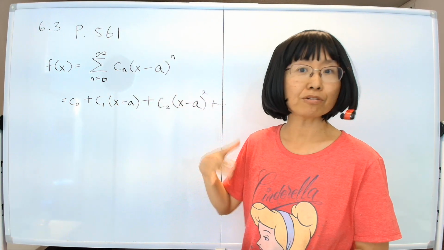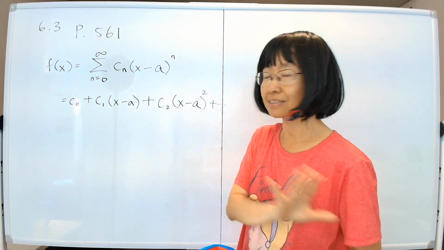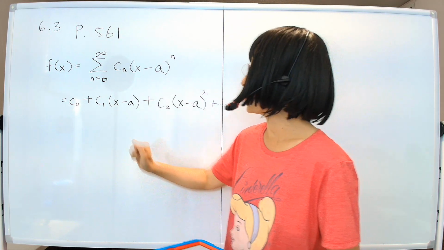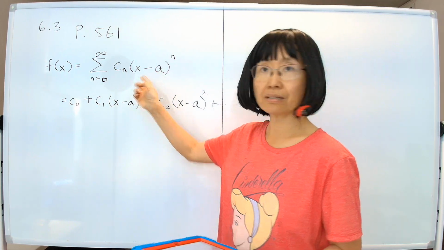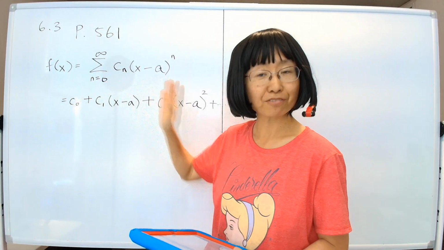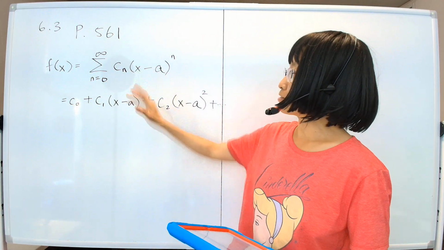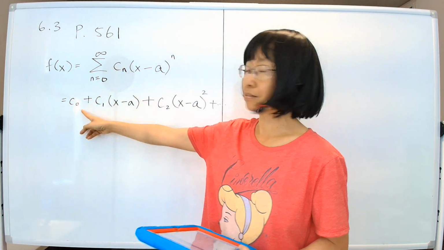Now for now, let's not worry about whether it converges, diverges, the interval, nothing. Let's just assume everything works out perfectly and it converges. And the a is the point where we are expanding this from. Okay, the point is this equation holds for now. So assuming this equation holds and holds perfectly, then we have this, of course, equal to that if you write